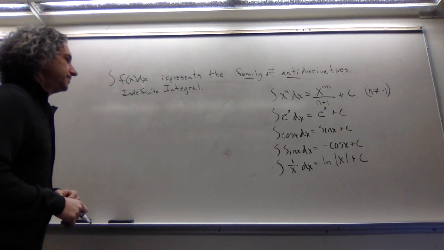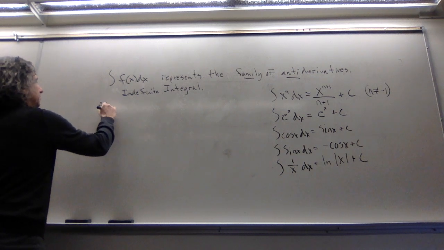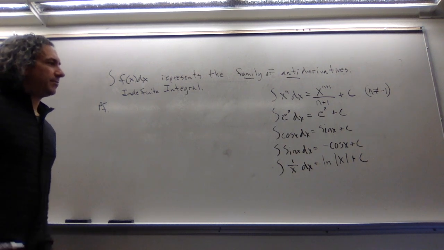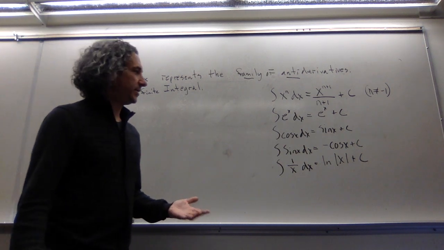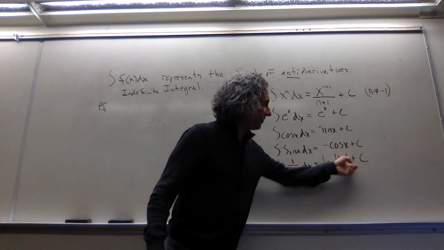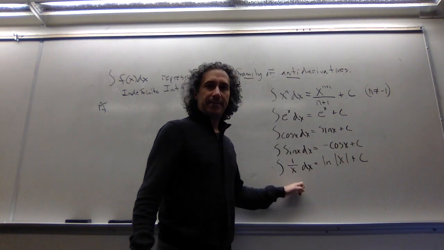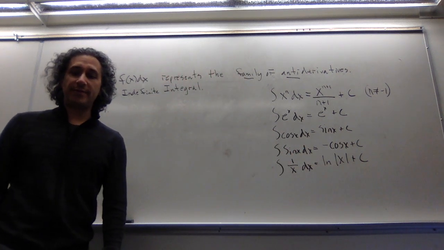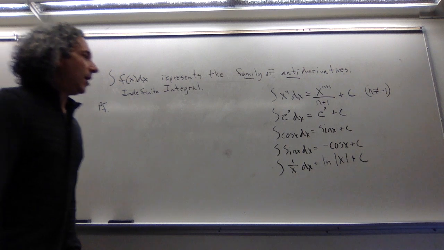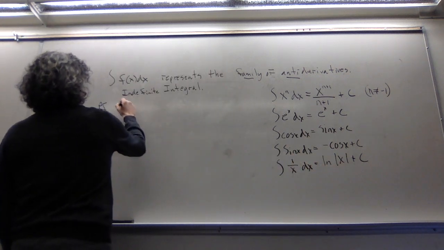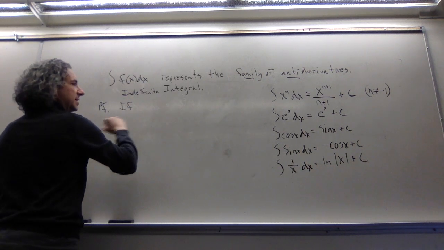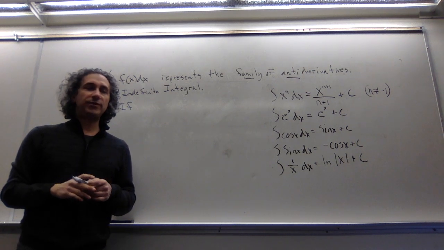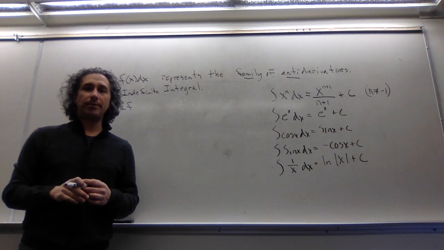So why is that true? So let's prove it over here. Well, I'm going to case this out. Before I even case it out, let me tell you what I'm going to try to do. I need to convince you that the derivative of this guy is this guy. Okay, if I do, then the integral of 1 over x dx is the natural log of the absolute value of x. Well, what I'm going to do is case it out in two cases, because the absolute value of x is a little tricky to work with when we're talking derivatives. Hopefully you remember it's not differentiable at the corner.